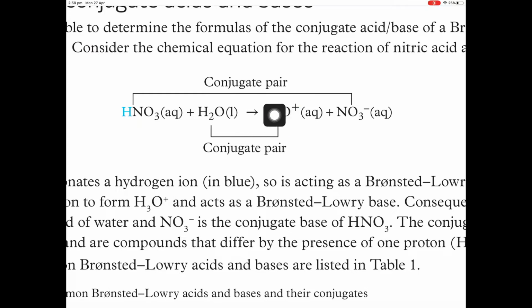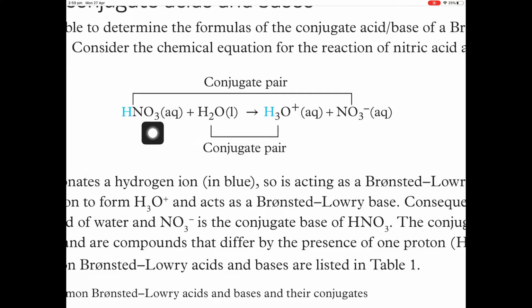Don't forget, most acid molecules are actually in the form of a hydronium ion, H3O+. We just shorten it down to H+. So the nitric acid loses its proton to water to become H3O+, and the water